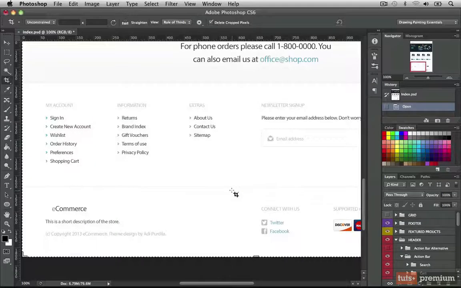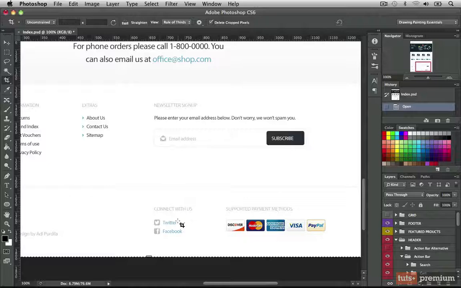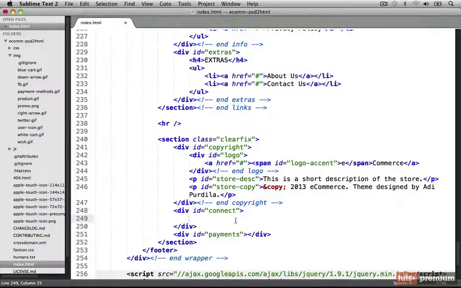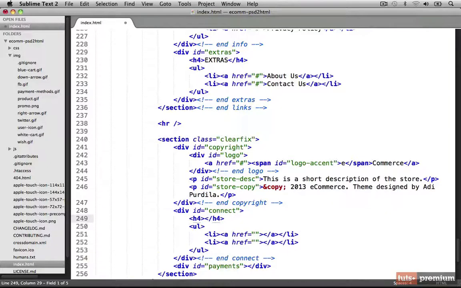Now let's do the Connect With Us section here. Let's go back into our text editor, and in the connect div, I'll put a comment here saying end connect, and let's create an H4 heading, plus we'll need an unordered list. And inside of that unordered list, we're going to need two LI tags, and they should both have a link inside of it. Let's set the H4 heading to Connect With Us,